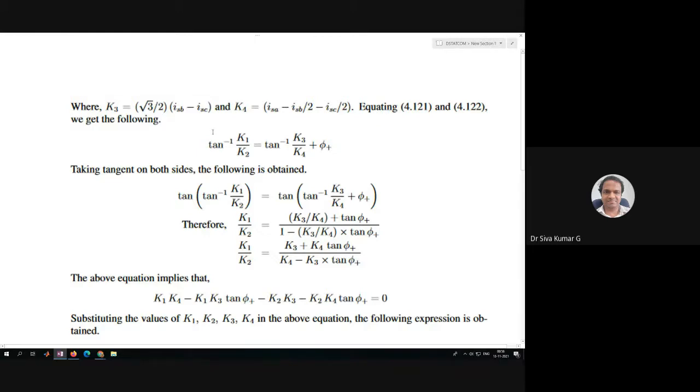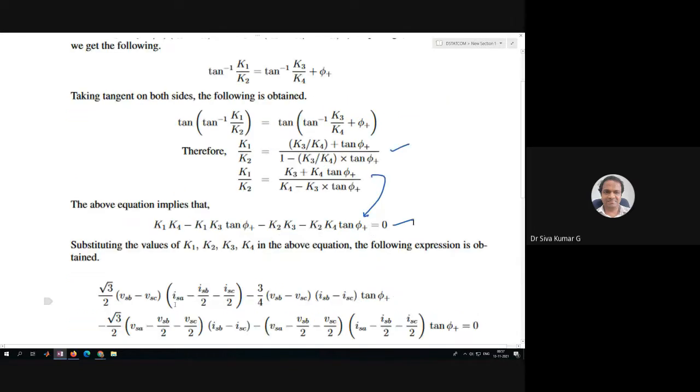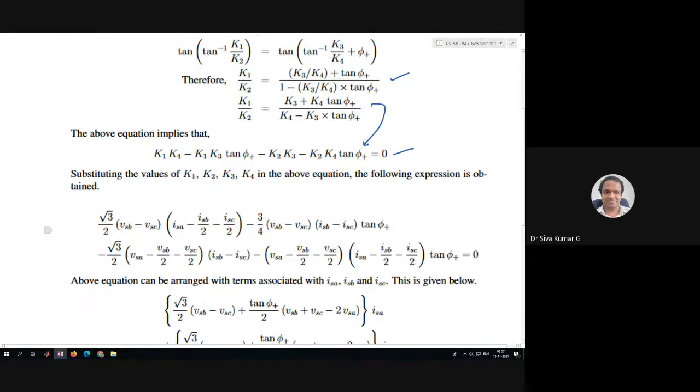That's what this expression is. And then after simplifying this equation, we get this equation. Substituting the K1, K2, K3 and K4 in this equation, we get